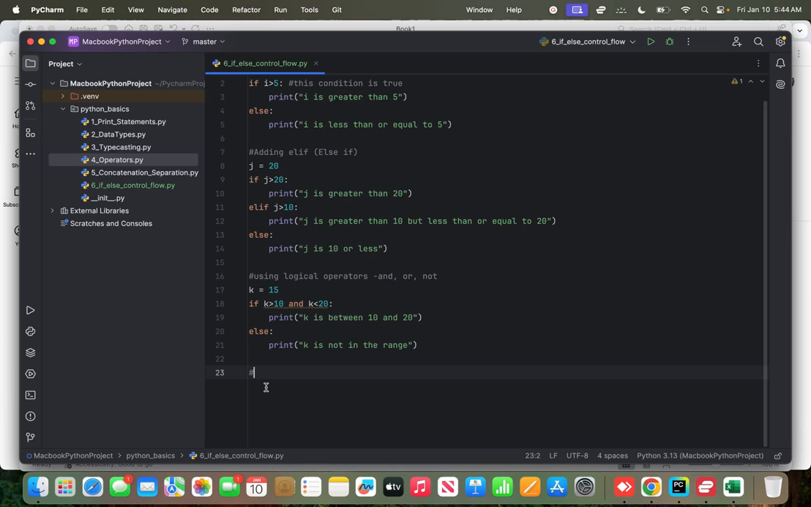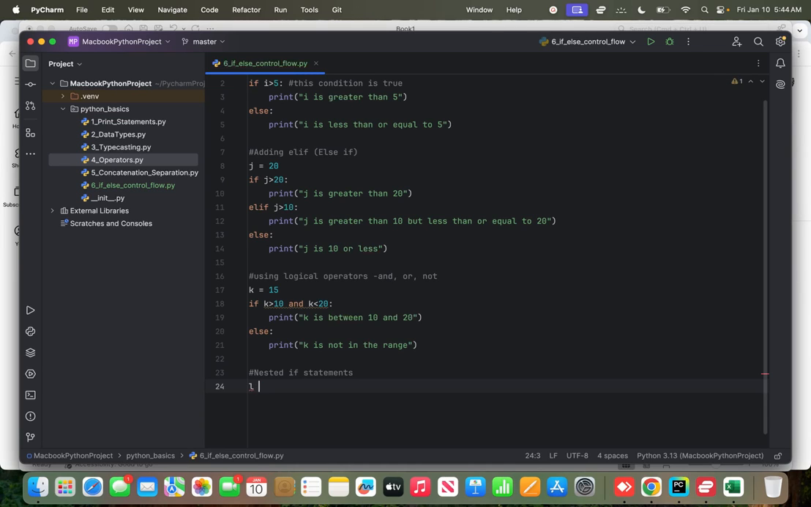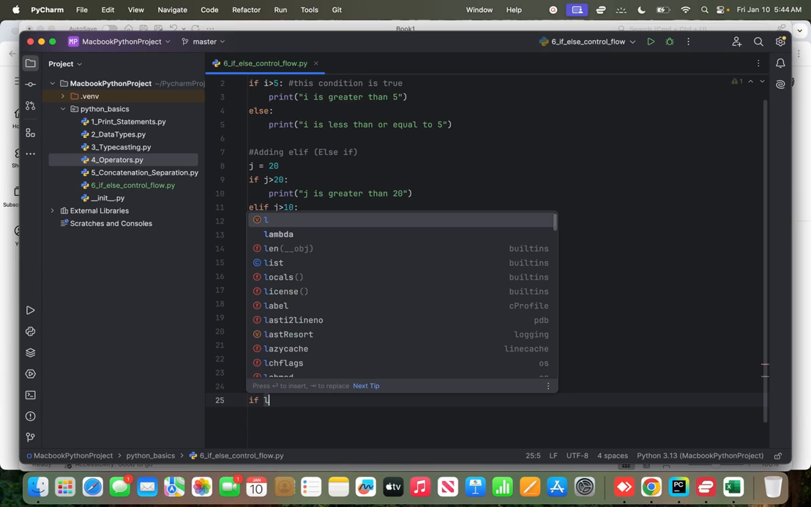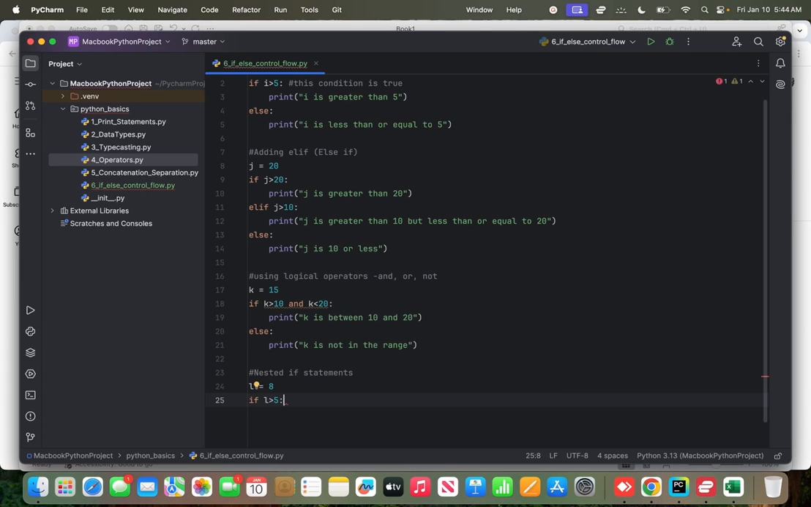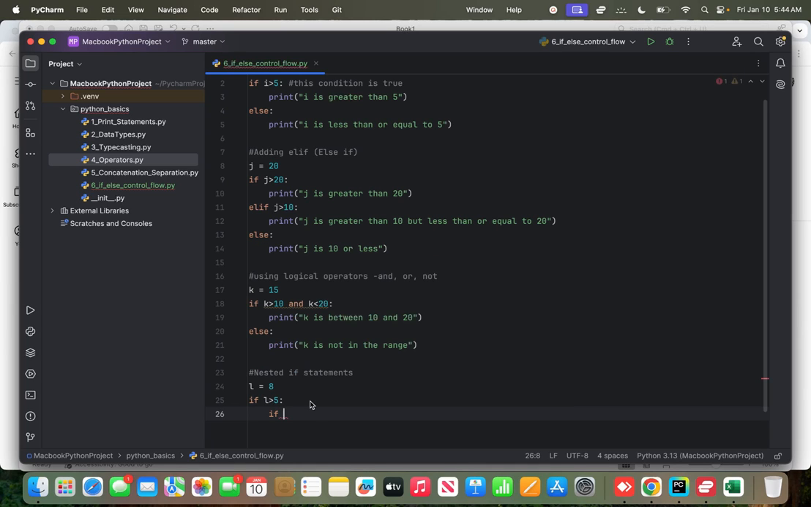Now, let's go about using the nested if statements. What are nested ifs? Nested ifs are nothing but an if block inside an if block. That's how it is. So let's try here. L equals 8, for example. Now if I write if L greater than 5. So first I have initialized L equals 8, then I have given a condition if L greater than 5. Again, inside the if, I'll write